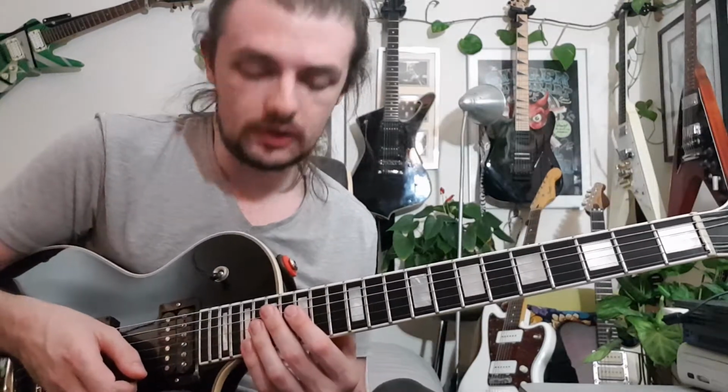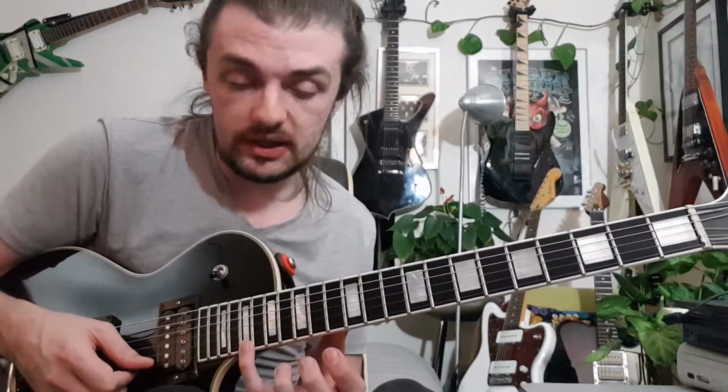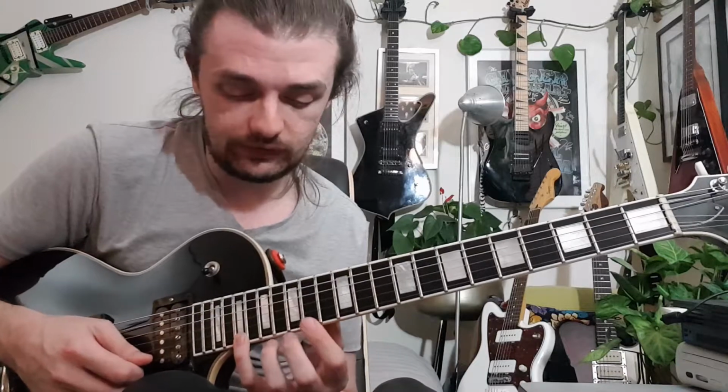So yeah, what you do for this solo, it's got some pretty weird, outlandish stuff going on in it. You start off with some really wide interval legato things. So this is going to be 19th fret on the top E. I'd probably do that with your little finger, and you pull off to the open string. This is the pattern for most of this first bit. So you're picking a note and then pulling off to the open string. So you've got 19th, then 12th, then back to the 19th,